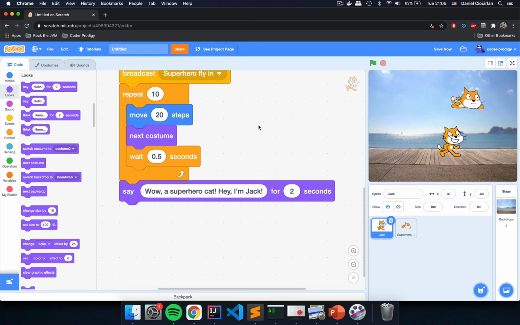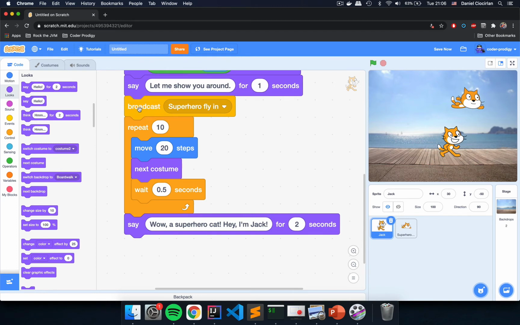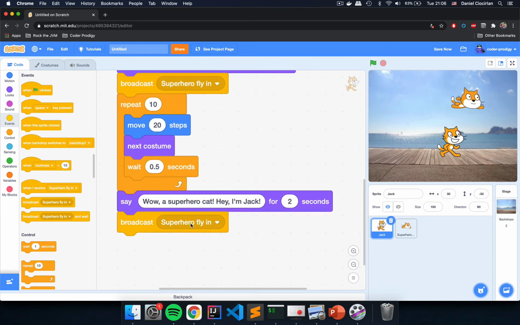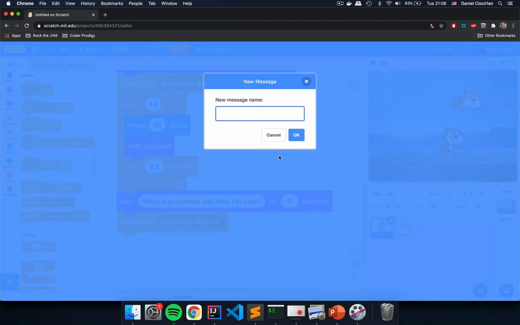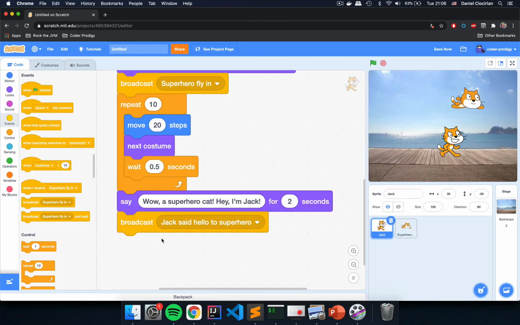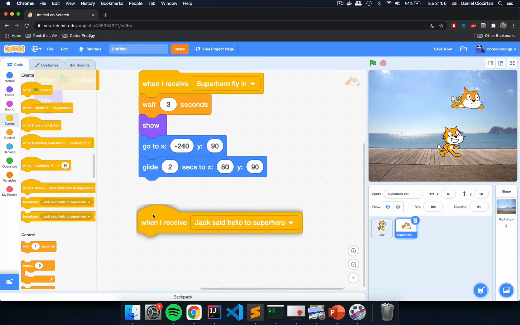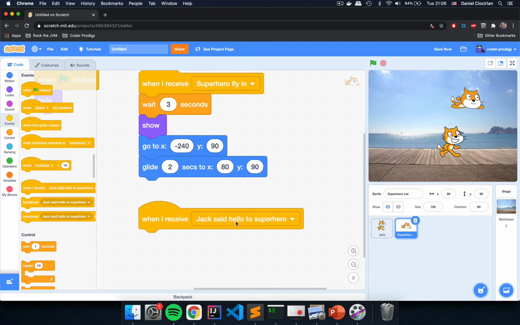And we've already noticed how we can send a signal to other sprites to do something via the broadcast block. So we are going to broadcast a new message. I'm going to go to the events, the yellow section, and I'm going to bring in the block broadcast. And instead of superhero fly-in, which is the previous signal, we're going to define a new message, a new signal, and I'm going to name this Jack said hello to superhero. All right, now, when this message is being received on the other sprite, so I'm going to click on the superhero sprite now, and I'm going to start another script with when I receive Jack said hello to superhero,